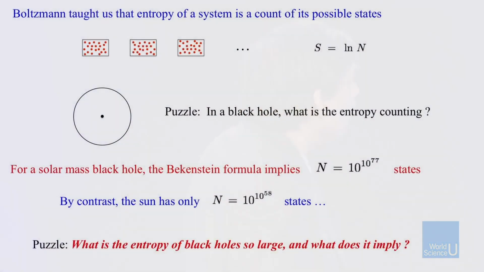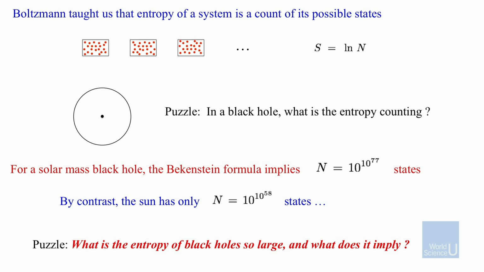You cannot see anything inside a black hole. You thought you had no way of ever defining or even assigning an entropy to this guy, and this simple argument tells you not only should the black hole have an entropy, you even get a number. If you want to save the second law, you know exactly how much entropy it should have. But this actually raised another puzzle, which is what I had said is the puzzle raised by Bekenstein's work.